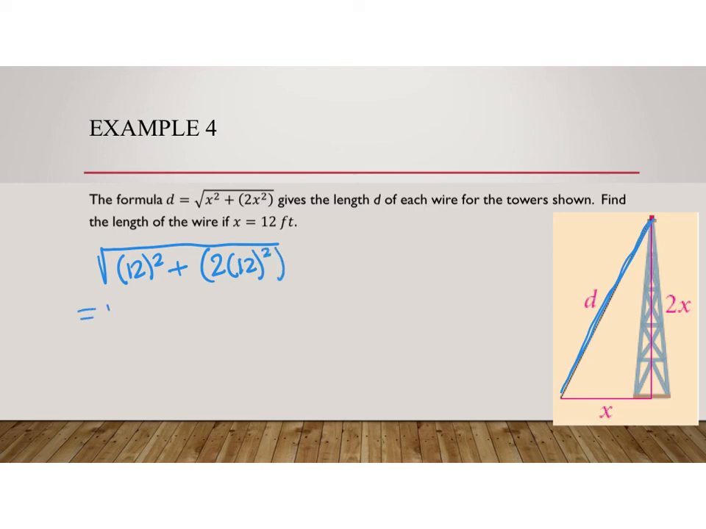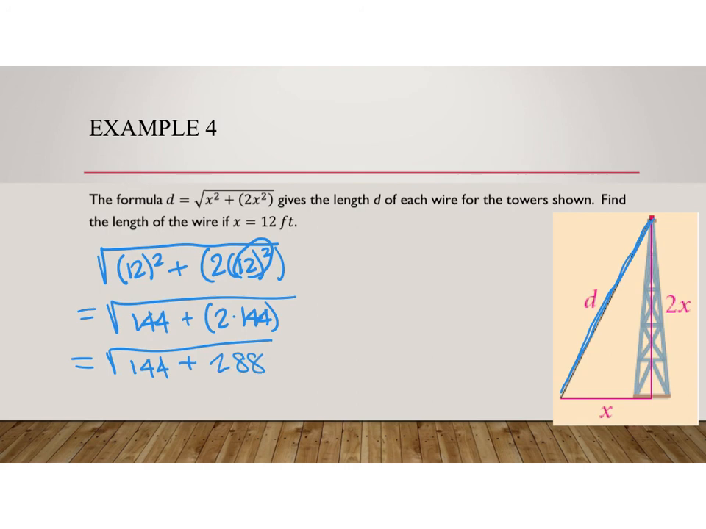So when I simplify this, I have the square root of 144 plus 2 times 12 is really 24. Oops, sorry. If I do my order of operations, I have to do 12 squared first. So that's really 2 times 144. And then I have the square root of 144 plus 288. And now if I simplify that, 288 plus 144 is going to be the square root of